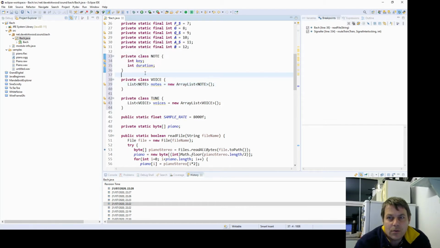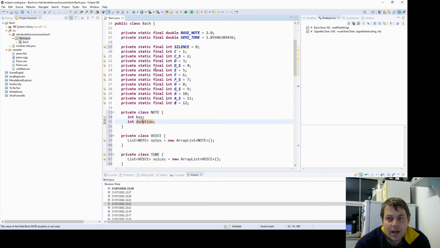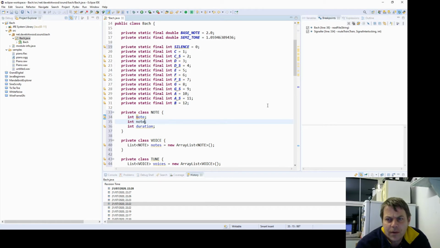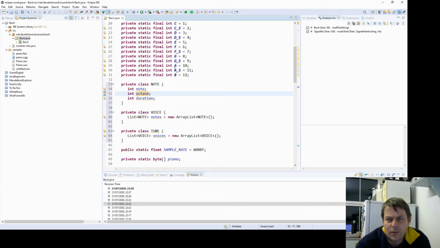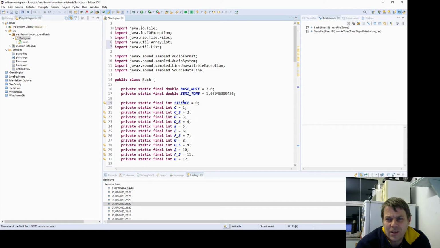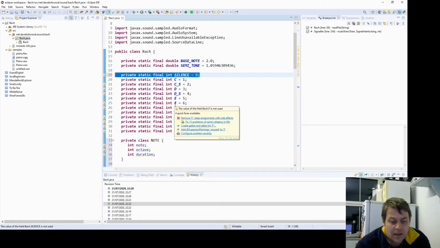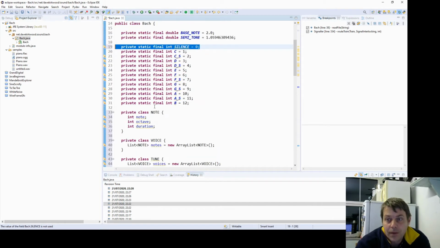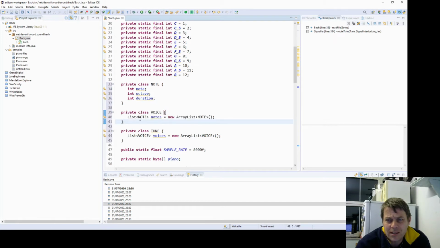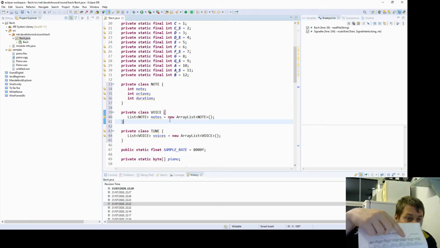Okay, so I've made a note class which has got a key and a duration. The key is going to, well, it's going to be note and octave, and that's going to correspond with the notes we had up here and which octave we want it in. And I've also added another variable 0, which is silence, so I may want the note to be nothing, and a duration. And then I've made a voice class which is a list of notes,